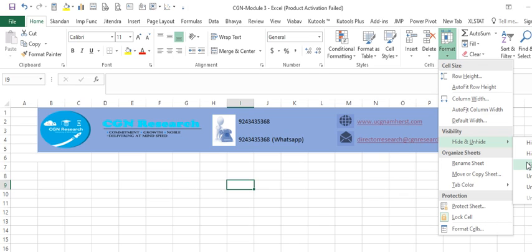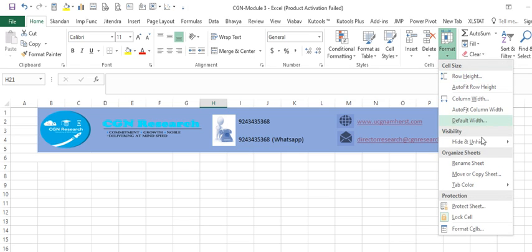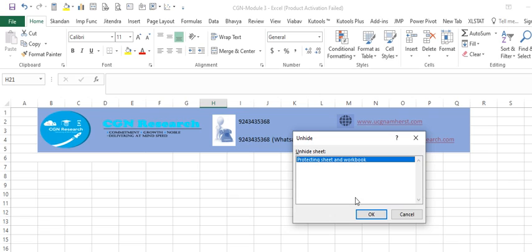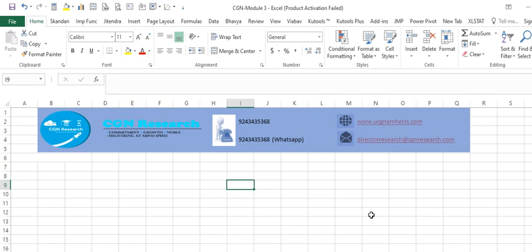So this is how I could do it, and then that sheet is hidden now. And then I can go back. I can select unhide the sheet, and it is asking which sheet you are looking at. I say okay, and then that sheet comes back.